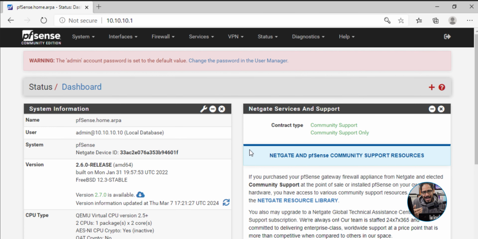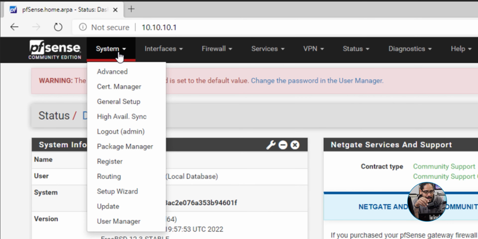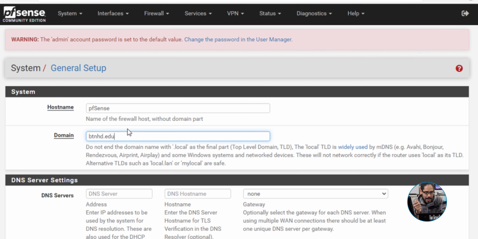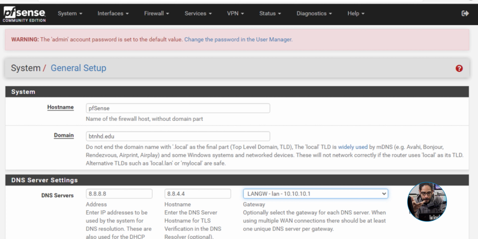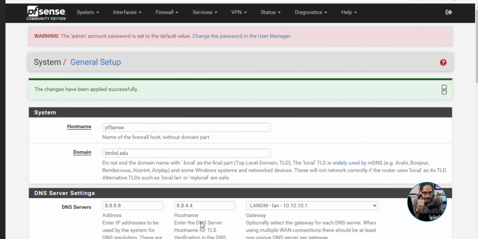Now, first thing that I did within my environment is I clicked on the System tab, which gives you a nice little side menu, and I clicked on General Setup. It took me here, I provided my domain, and I gave it a DNS as well as a secondary DNS, which is Google's DNS. Why not? Take advantage of it. It's free. Awesome. And on the drop-down menu for the gateway, I switched it to LAN GW, which is the gateway. I scrolled all the way down, clicked on save, and it is saved.